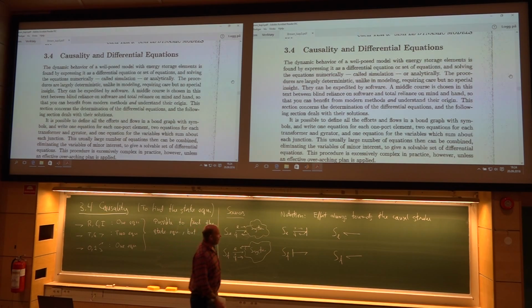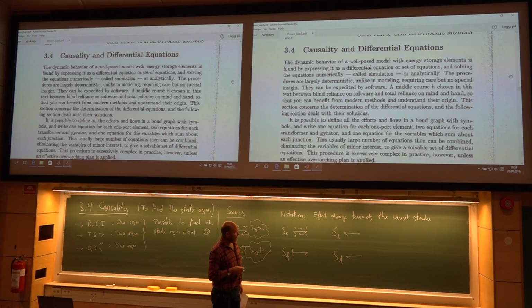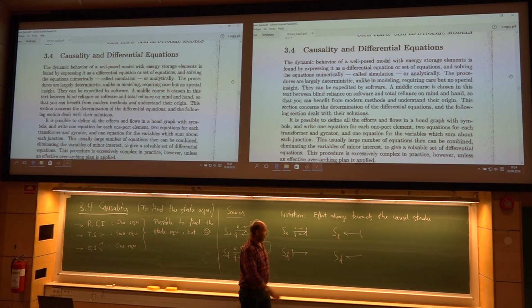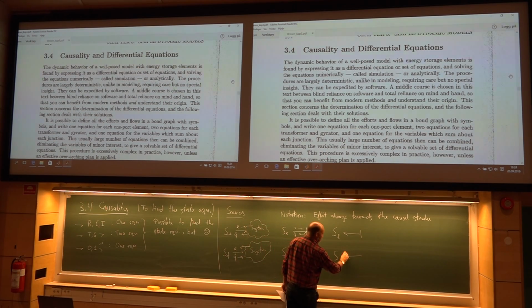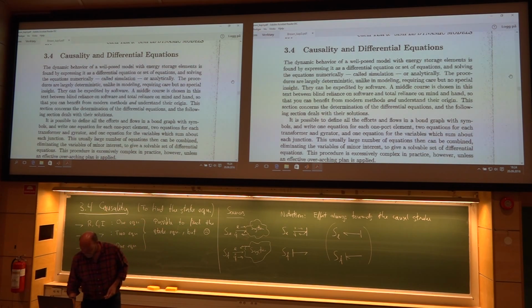My point here is these causality strokes, causal strokes, nothing to do with the direction positive and negative. An effort source will have the causal stroke here. It's the effort that goes to the right, regardless of your point of positive direction, whether it's a source or a sink. And same goes with the flow, like that. But we don't use these two, so actually just forget about them. That was sources.